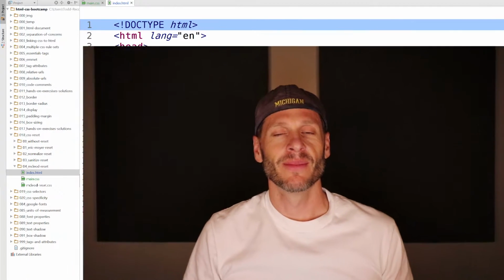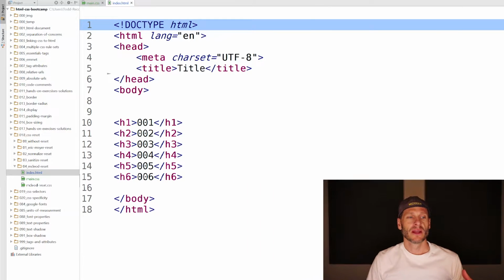So now we're going to learn about CSS resets. And the best way to learn about CSS resets is just to experience why we need them. And we've already seen this before. So here I'm in a folder 018 CSS Reset, and I'm in 04 McLeod Reset, and I have that index.html